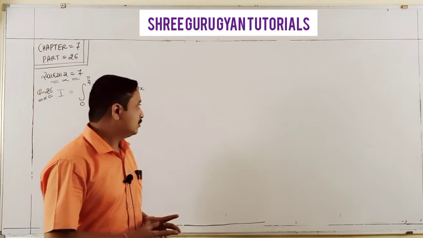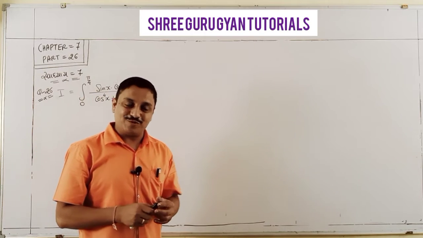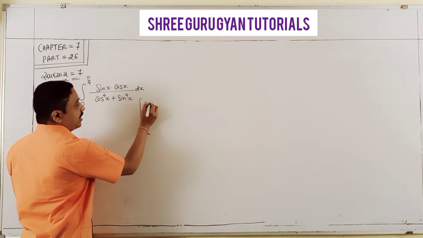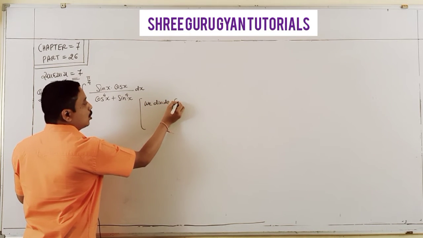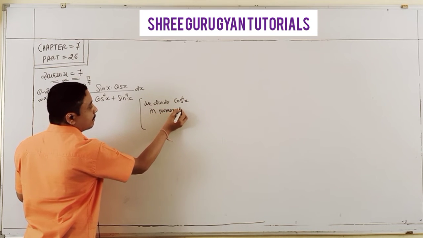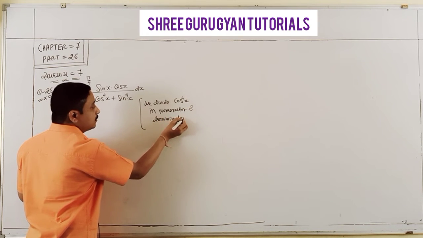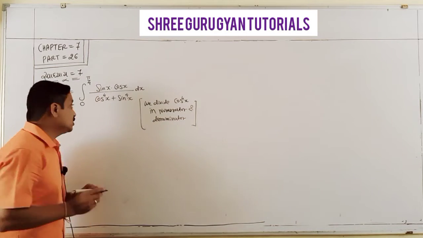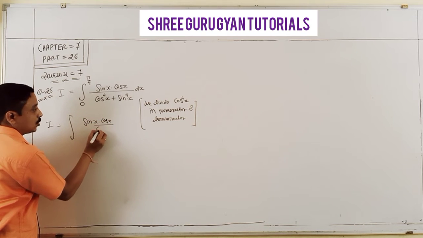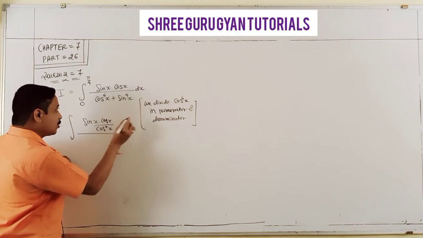Integration from 0 to pi by 4 of sin x cos x below cos to the power 4 plus sin to the power 4. Whenever a power of 4 is given, you always divide cos raised to 4 in numerator and denominator. If you divide by cos to the 4, you get only that. You could also divide by sin raised to 4, that is also a correct statement, but cos is best